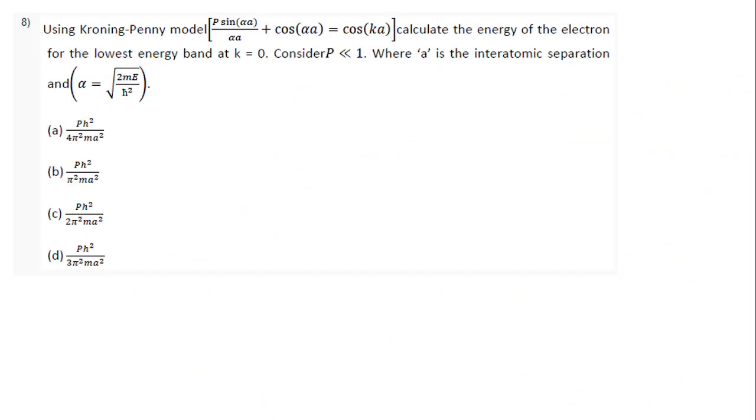Next question. Using the Kronig-Penney model, and the expression is given, calculate the energy of electron for the lowest energy band at k equal to 0. So we have to find out the energy of electron for the lowest energy band when the wave vector is equal to 0. When using the Kronig-Penney equation, which is this equation, P sin(alpha a) divided by alpha a